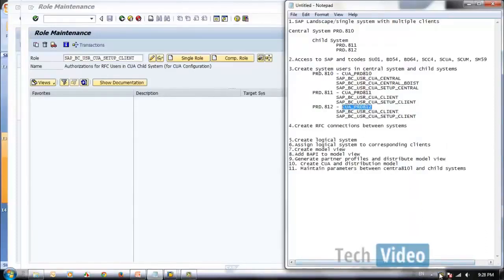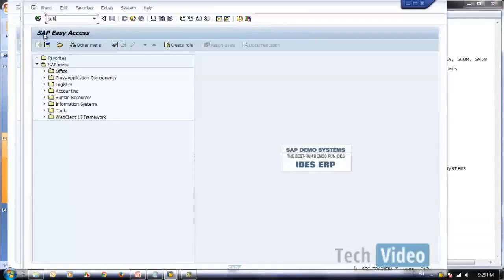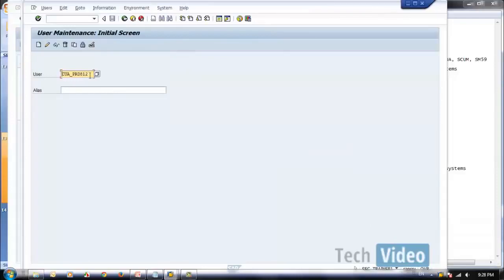Let's go to the 812, SU01. This is a CUA 22.